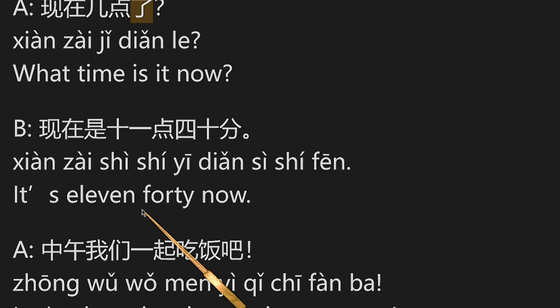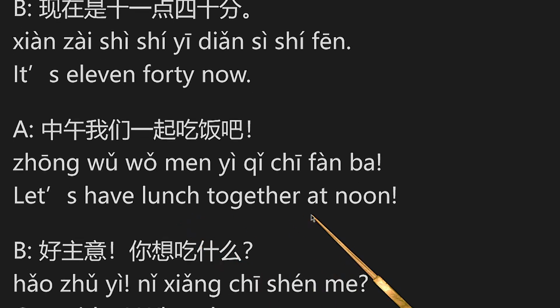And his answer, it's 11:40 now. 现在是11:40。现在 right now is 11, 10 and 1, it's 11, 11 o'clock, 40分, 10 so it's 40, and fen is for minute, so 现在是11:40。